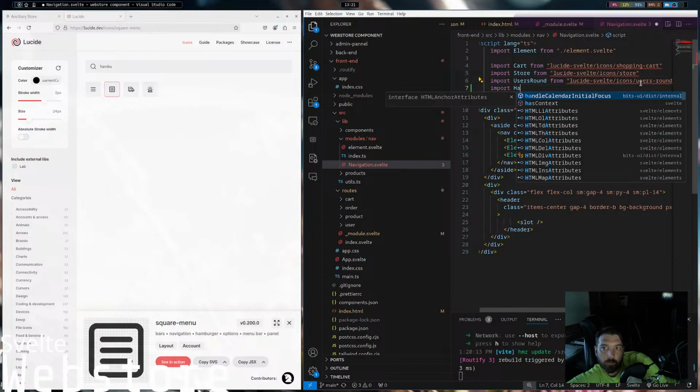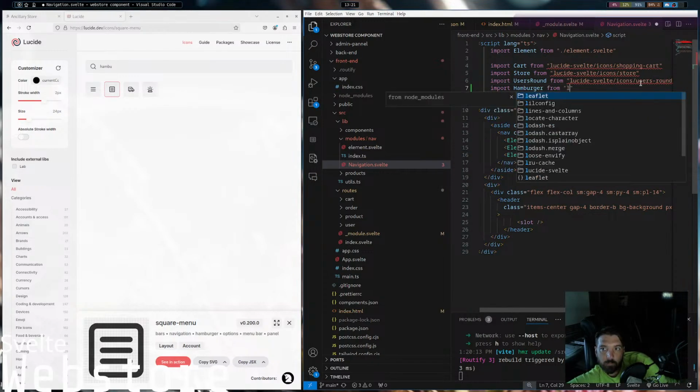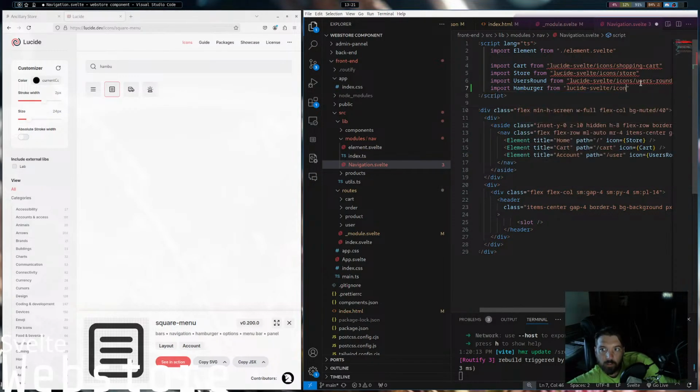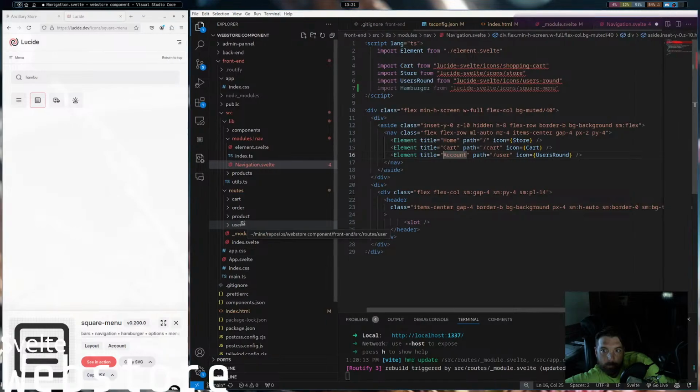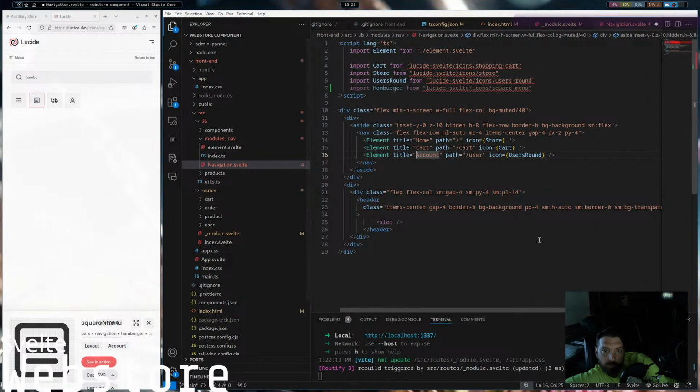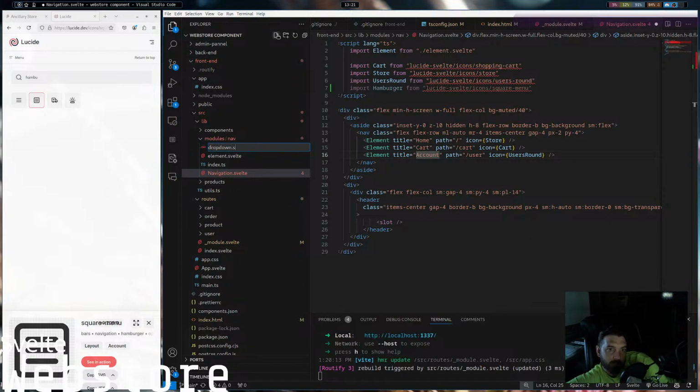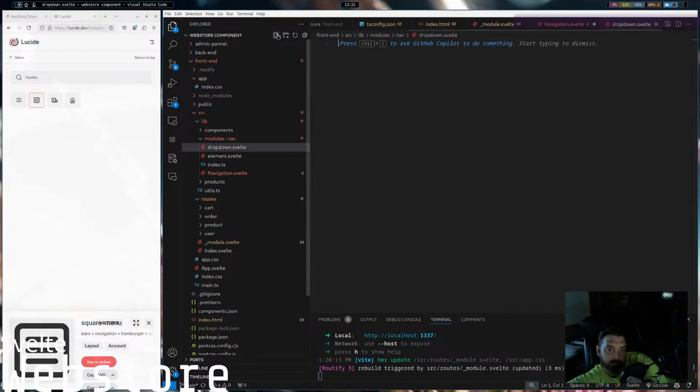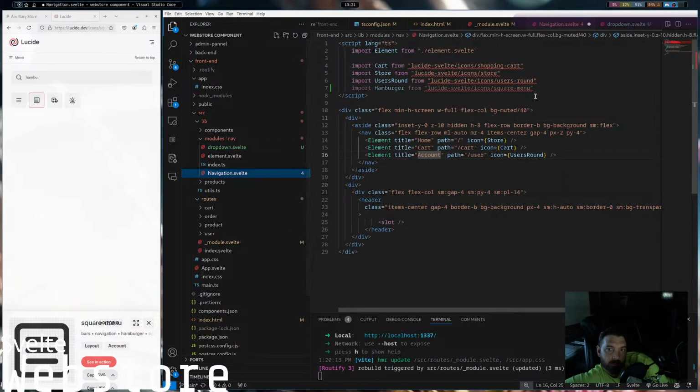We'll say import hamburger from Lucid Svelte icons square menu, and then what we'll do, we'll add another, we'll say dropdown.svelte, and what we'll do is we'll say